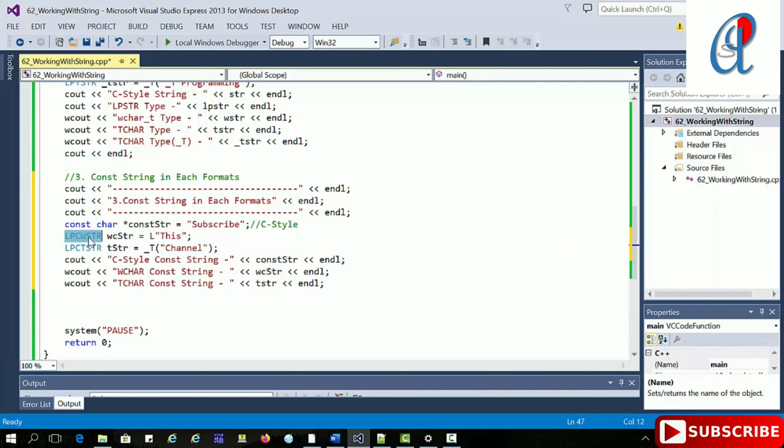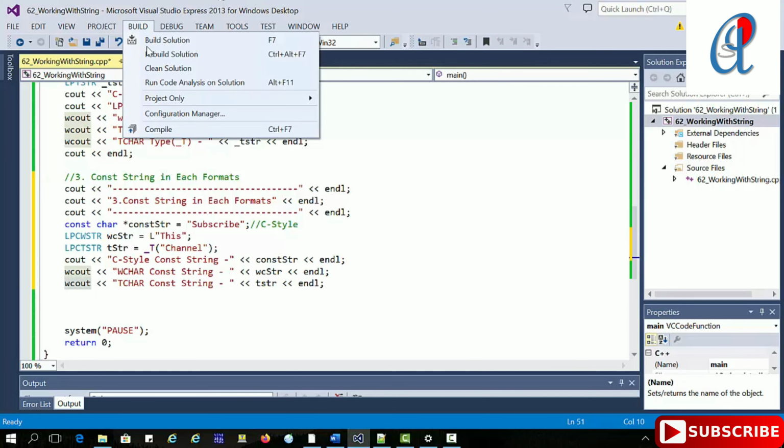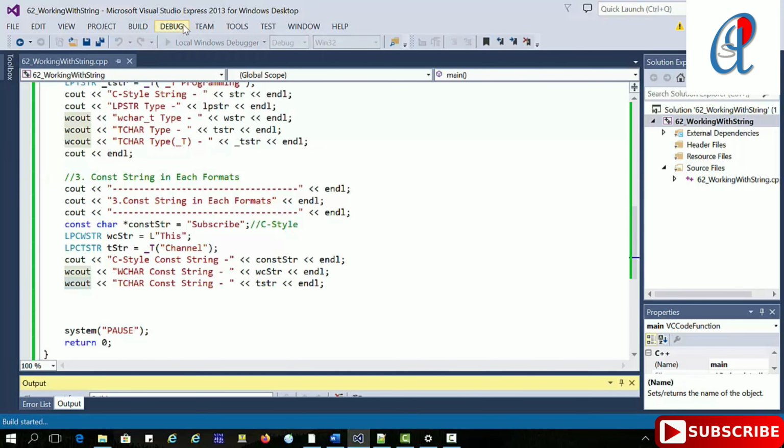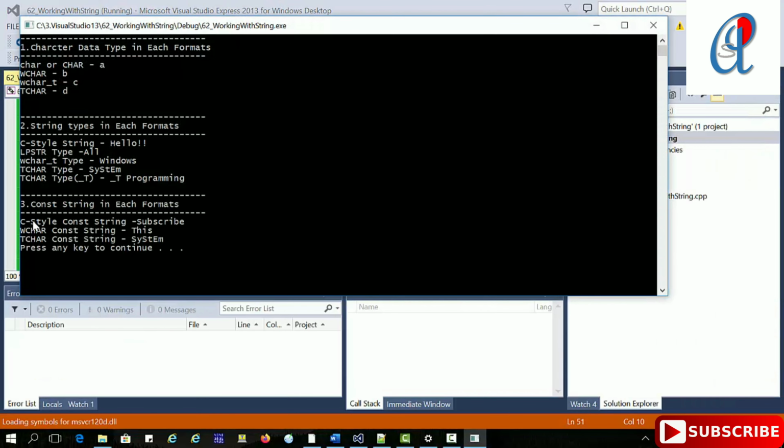Now this one is the byte char style and this one is TCHAR. For this, TCHAR is already typedef'd to long pointer to constant byte char string. That's why I am using wcout for printing all this data. Now compile it. See here, it is displaying the C style constant string, byte char constant string and TCHAR constant string in the system.